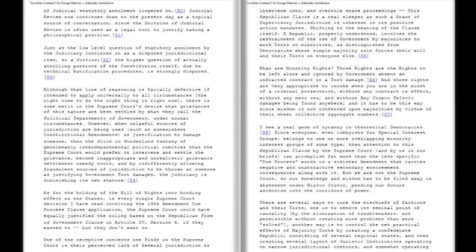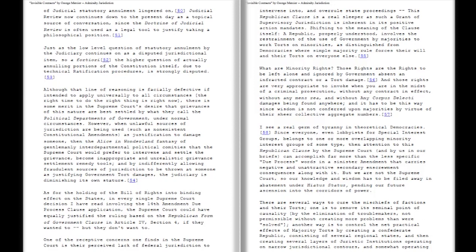But we are not the Supreme Court, so our knowledge and wisdom has to be filed away in abatement under hiatus status, pending our future ascension into the corridors of power. There are several ways to cure the mischiefs of factions and their torts. One is to remove its seminal point of causality by the elimination of troublemakers, not permissible without creating more problems